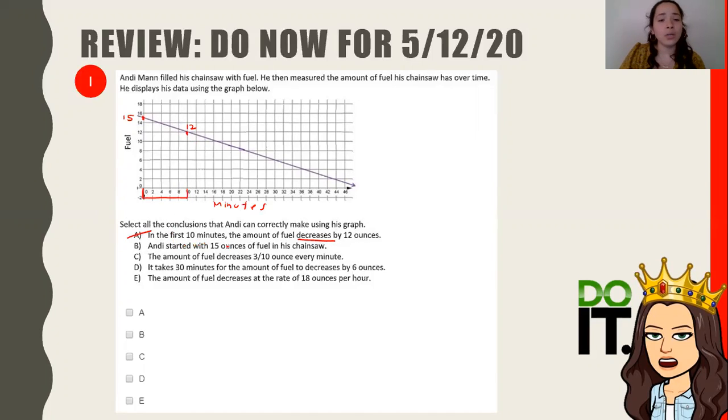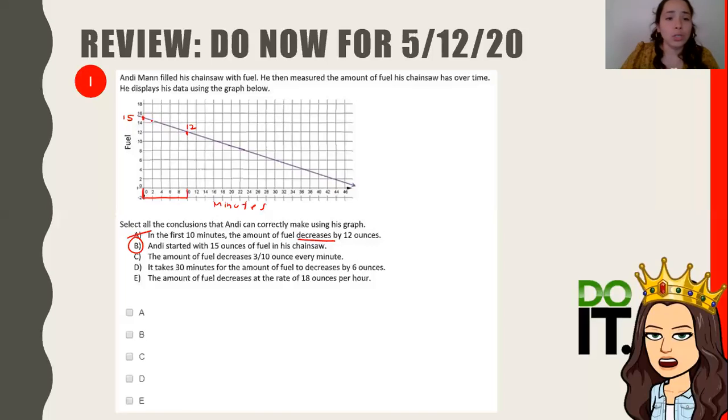So Andy started with 15 ounces of fuel in his chainsaw. So this is at 0 minutes, meaning that's where it starts. And I have to check where it starts. If you look, we already marked it at that point and it did start at 15. So B is correct. Good. So if we look at letter C, it says the amount of fuel decreases 0.3 of an ounce every